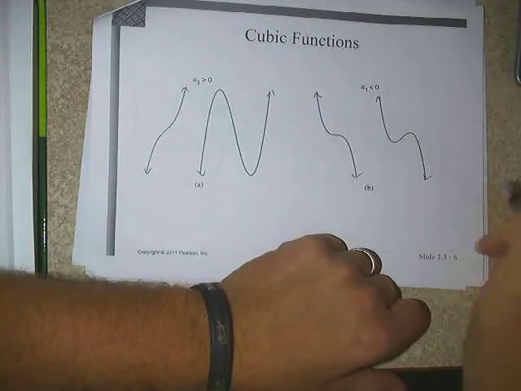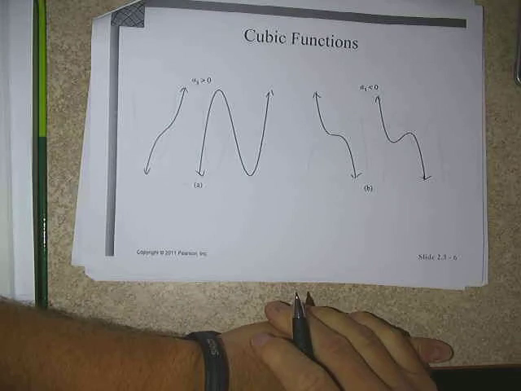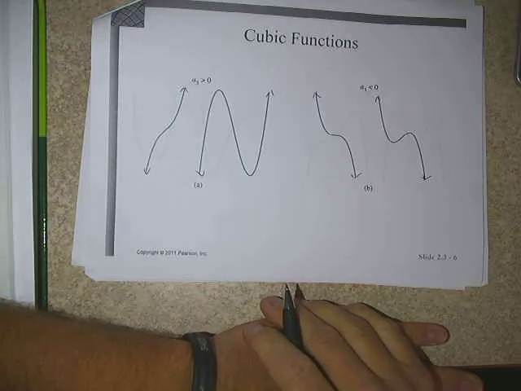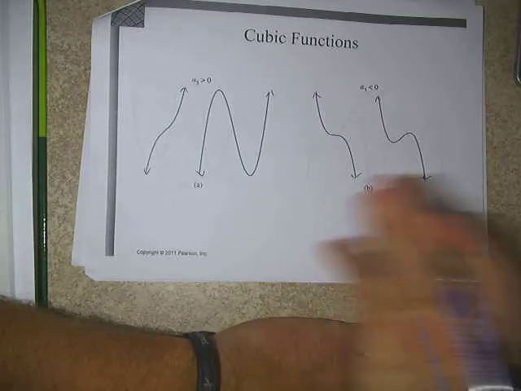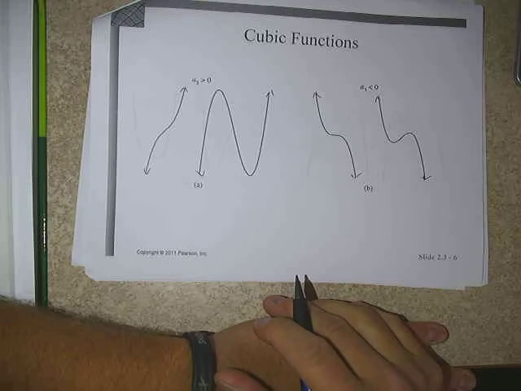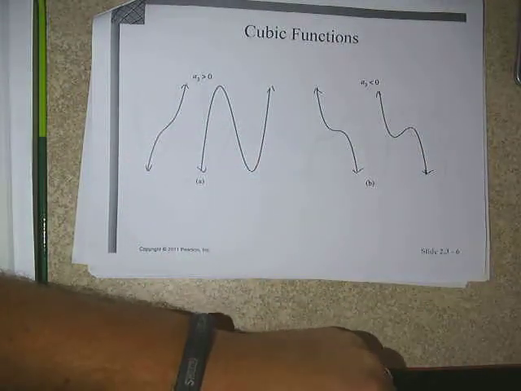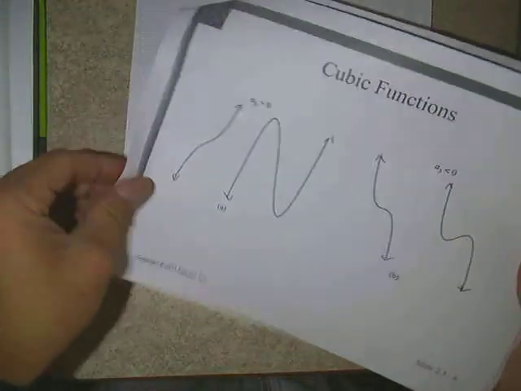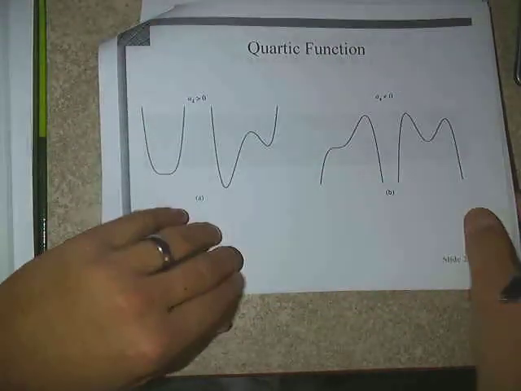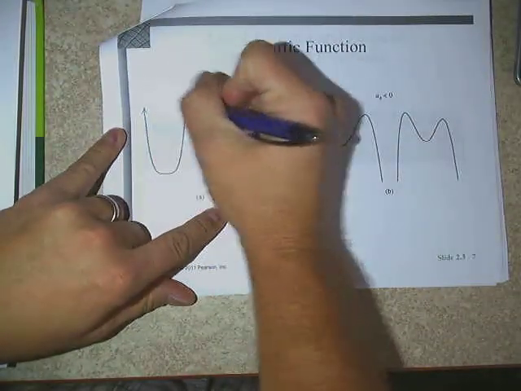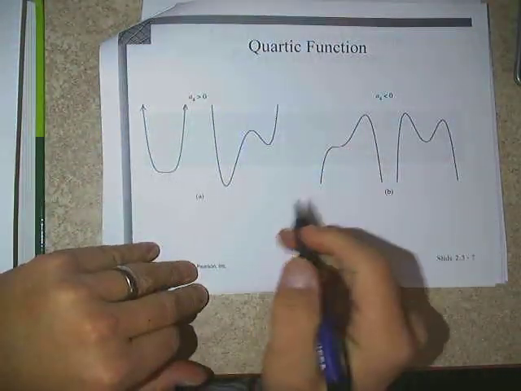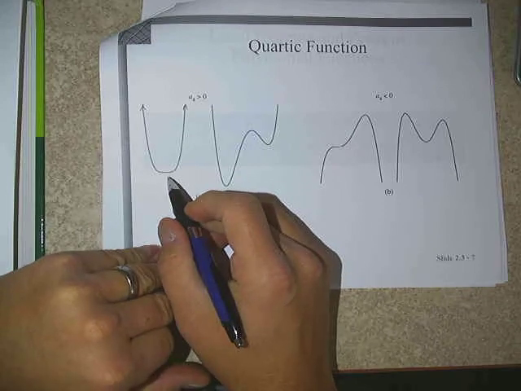If we have a cubic function with a negative leading coefficient, then we have the opposite behavior in terms of end behavior. Okay. We could have, really, any of these graphs would be cubic functions. Okay. So when you see a cubic function, know that the graph is going to look like one of these types, depending on what the leading coefficient is, and also depending on what the other terms are like. Okay. Similarly with the quartic function,